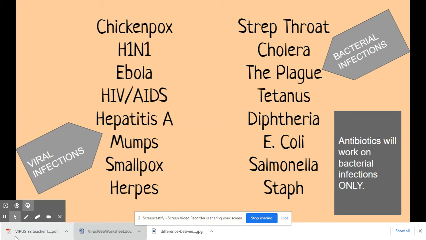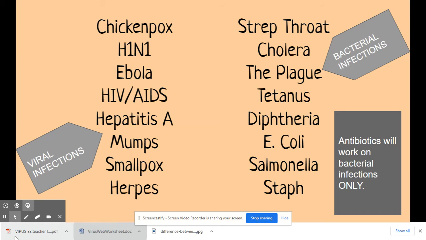I figured it would be a pretty good idea to have a list available to you of some of the more common infections that people know about. So if you take a look at the list, you'll see that chickenpox and smallpox, herpes, HIV, these are some pretty common viral infections, which means if you do get any one of these illnesses, you can't use the same type of medication to get rid of it as you can for